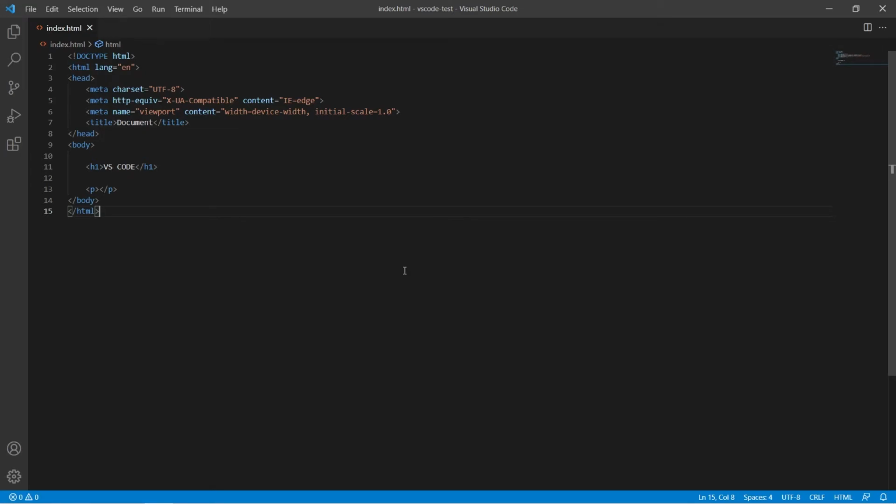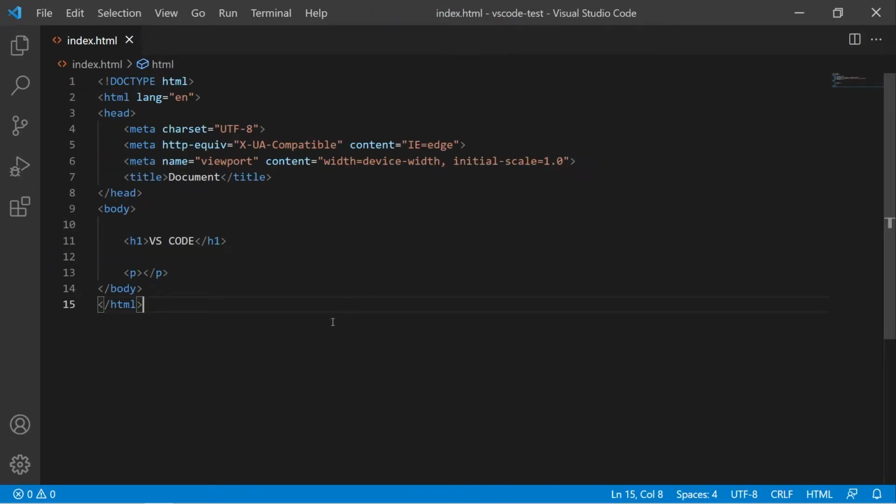And in the last video we covered how to install and set up VS Code. Now in this video we're going to take a look at the settings in VS Code and how you can optimize them to boost your productivity. So again, the first thing I'll do is zoom in a little so you can see better.